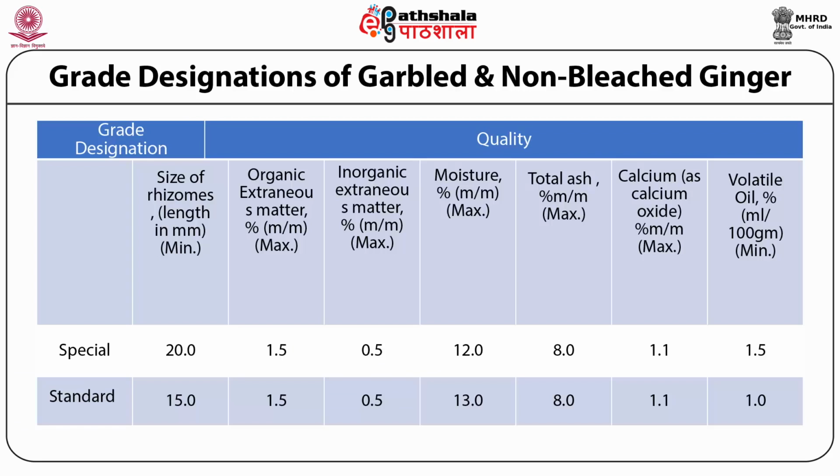However, some other considerations are: it shall be dried rhizome in pieces, irregular in shape, pale brown in color. Its fibrous content shall be characteristic of the variety, with peel not entirely removed and light pieces removed by garbling. It shall have characteristic taste and flavor and shall not have any musty odor or a rancid or bitter taste. It shall be free from added coloring matter. It shall be free from mold growth and living insects, and practically free from dead insects, insect fragments, and rodent